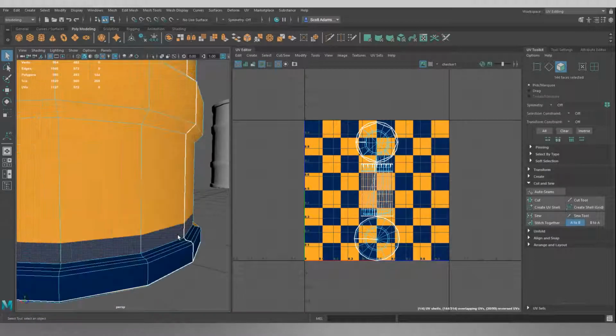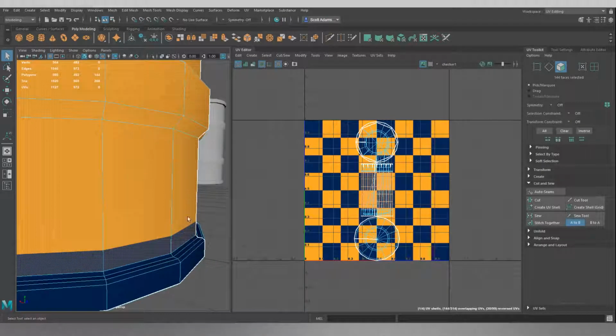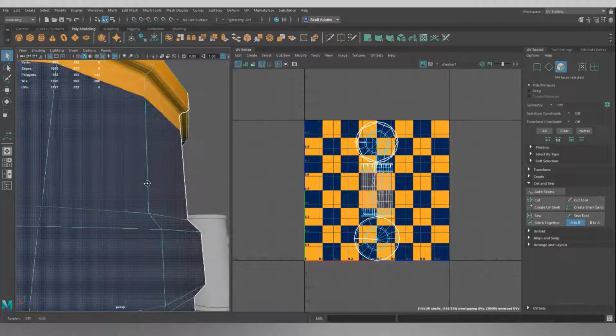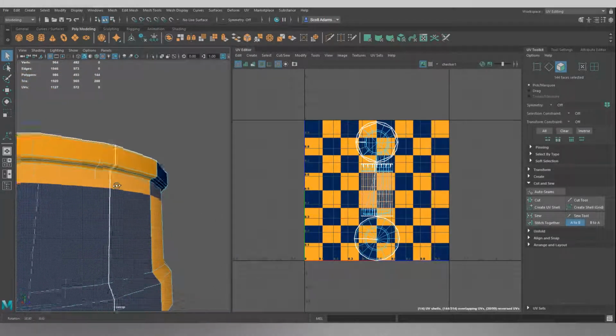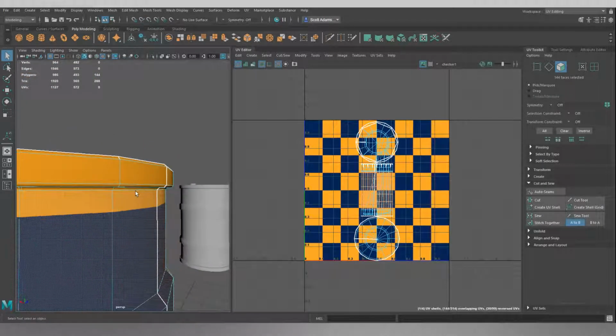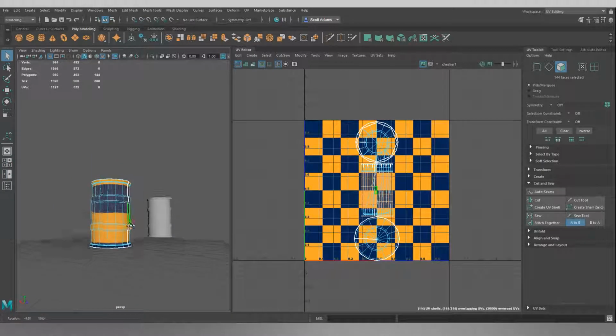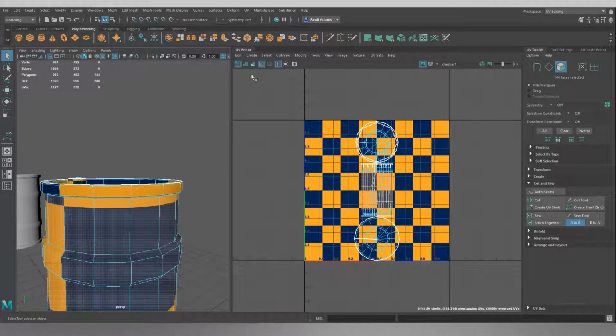As far as the lips, we're just going to leave the lip on the bottom, and we're going to leave the lip on the top. So we're just going to ignore the bevels on those for now. And what we're going to do is, in the UV editor here, we're going to do